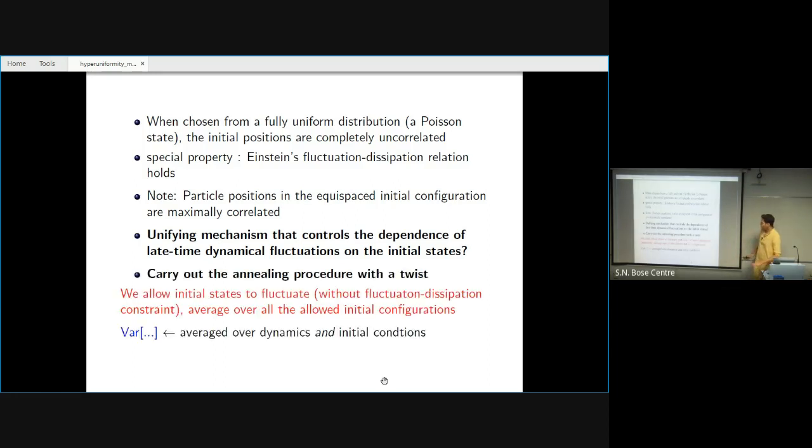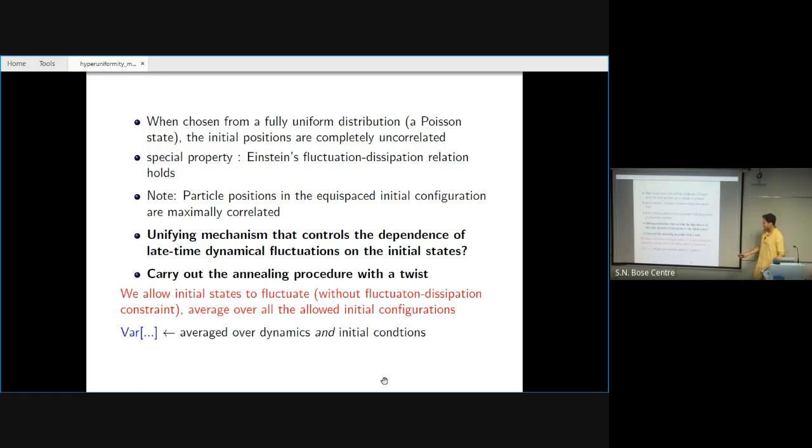So what we'll do is we take out this quench business. We don't quench anything. We are going to carry out an annealing procedure, but we're going to introduce a twist in this. What we do is we allow the initial states to fluctuate now, but we take out the constraint that is imposed by this equilibrium fluctuation dissipation relation. That is the only input that we are providing in this problem. And then we average over all allowed initial configurations. Allowed is important here,